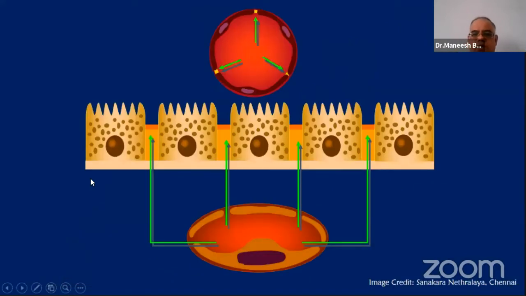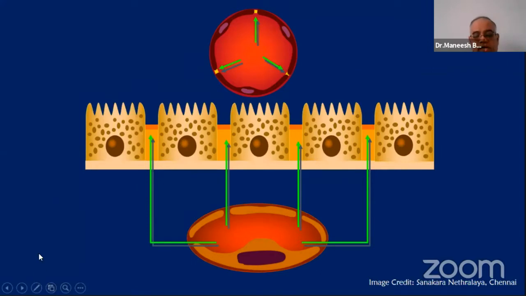The dye doesn't cross the blood retinal barrier. That's why it tends to remain within the intravascular compartment and in the choroid. It does not leak through the choroid through the RPE tight junctions. So it gives us a good view of the retinal vasculature, but is not suitable for choroidal imaging.